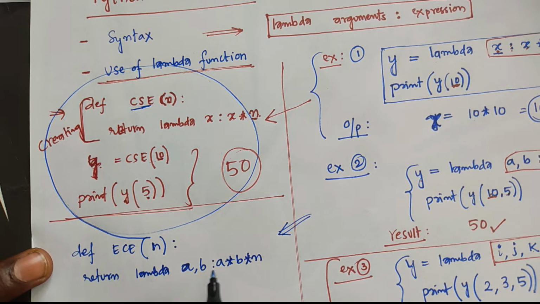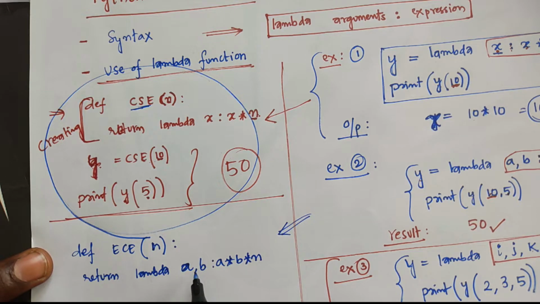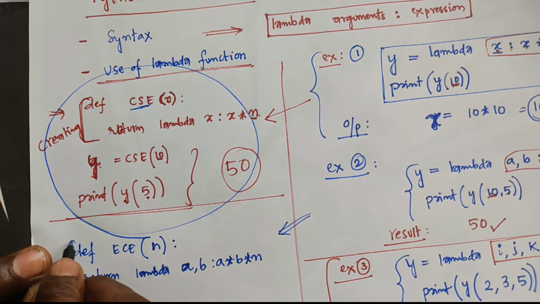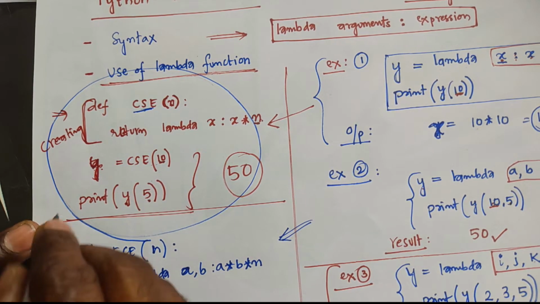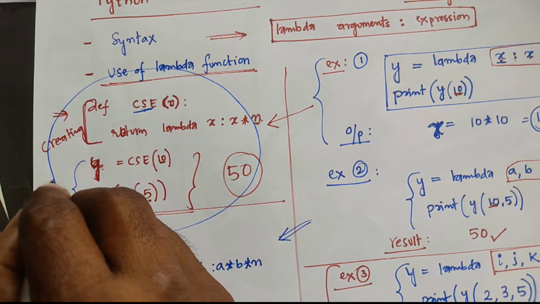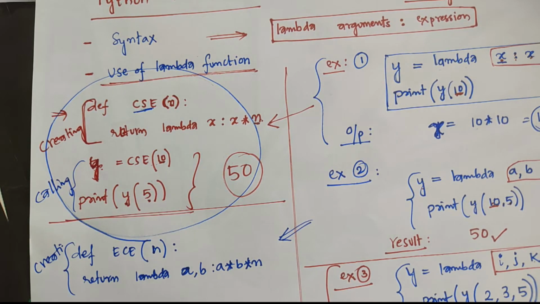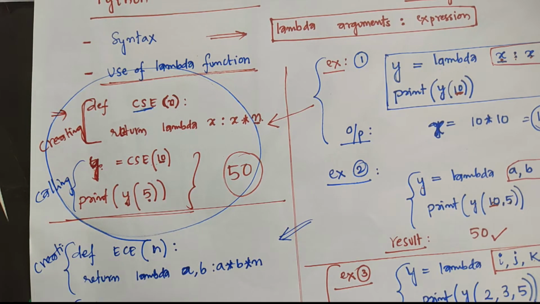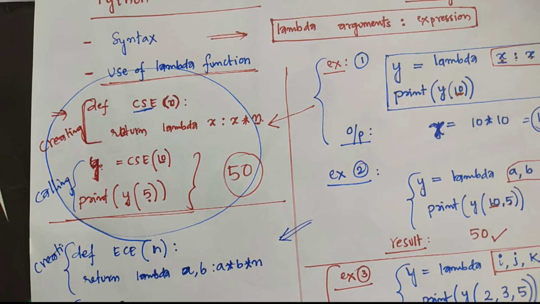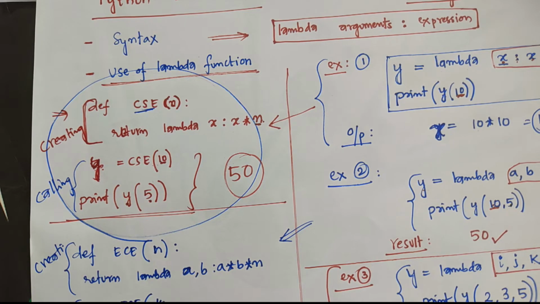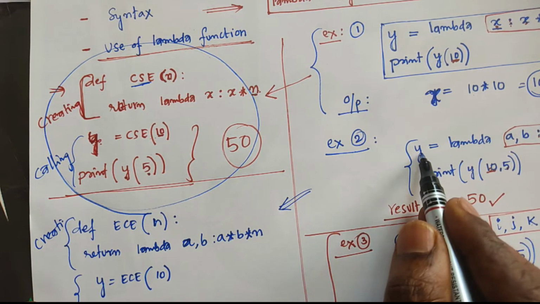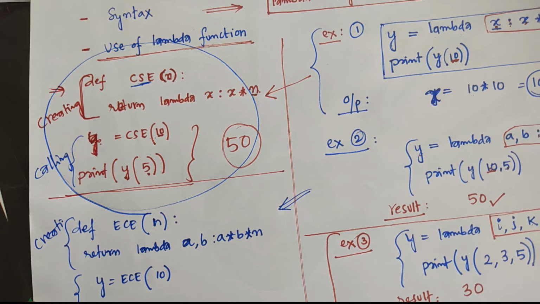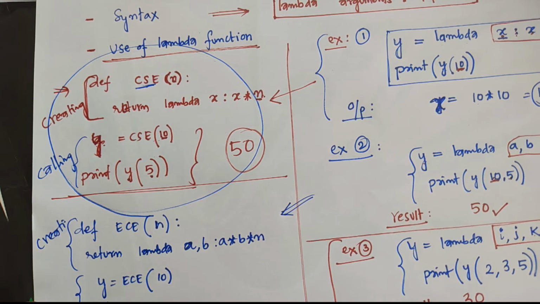When you call this function, then only you have to mention the expression. Otherwise, here the n value is something. Then this is the actual creating. This is called calling. Similarly, how can you call that function? y is equal to ECE of 10. Finally, we will get this function so far. Okay. Then what do you have to do? Write print of